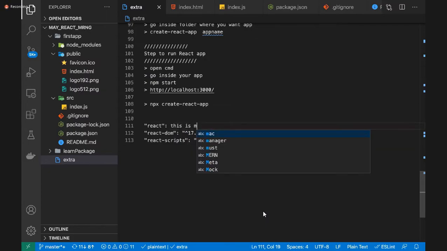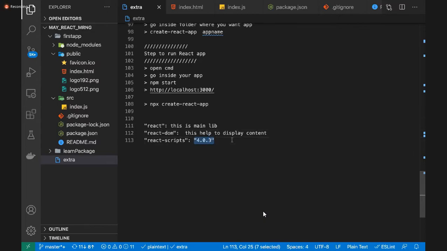This is the main library of React application. Then React DOM helps to display content. React DOM is the one that helps, guys, to display content.